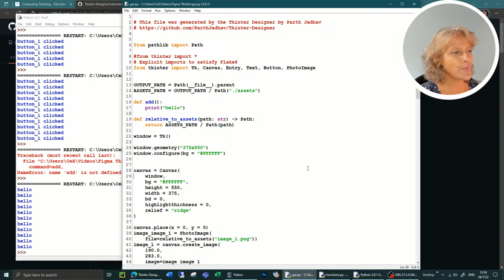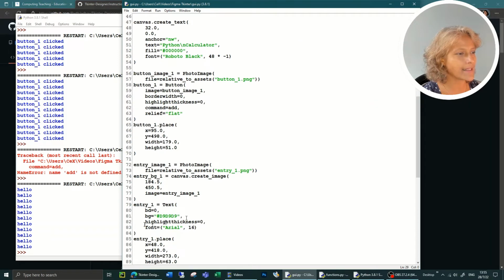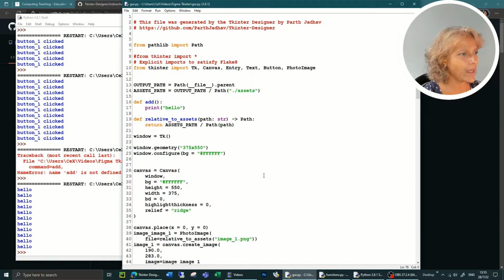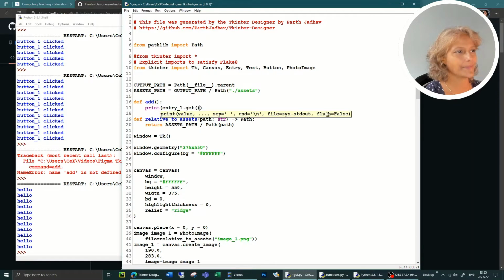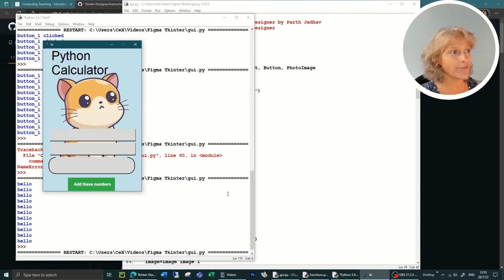So how do we get the data out of those text boxes? Well, we want to use the name of the text box. So this text box is called entry 1. Let's copy that. And instead of printing hello, if we paste the name of the text box and then just do .get. Okay, so I'll just do it for entry 1, and let's see what this does, because we'll need to do a little bit of debugging, I think, to work out which entry is which. Okay, so if I put 1, 2 and 3 and click add these numbers,